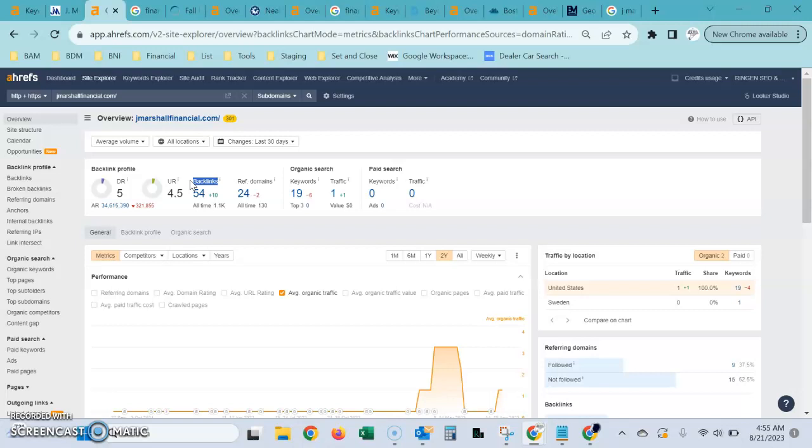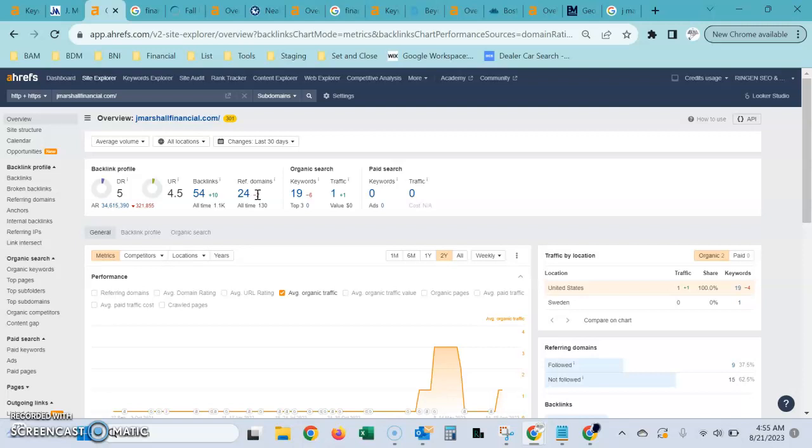So to give you an example, if, say, the local news station did an article on their website for the top 10 best financial planning services in Massachusetts, and in that article the reader could click on a link and it would bring them to your website, that would be considered one backlink from one referring domain. Now, these backlinks can come from many different places besides press releases, including blogs, editorials, guest posts, things like that.